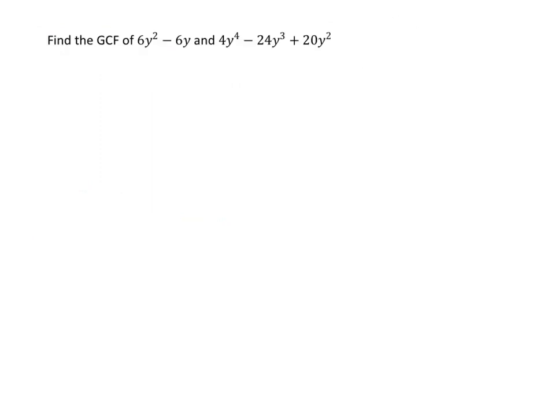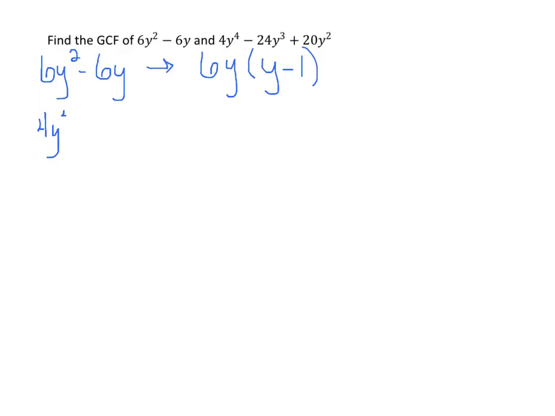Now it is possible to find greatest common factor and least common multiple, not only of terms, but of polynomials. So really I'm looking for just the greatest common factor, and here are my two polynomials. So the first thing I need to do is factor these polynomials. So if I factor this, I end up with 6y times y minus 1. Those are the factors. And then if I factor 4y to the 4th minus 24y cubed